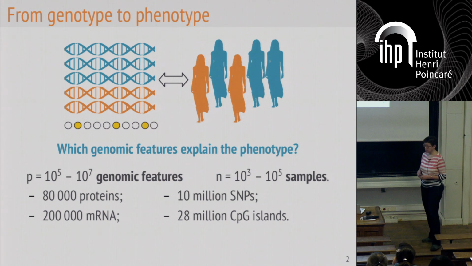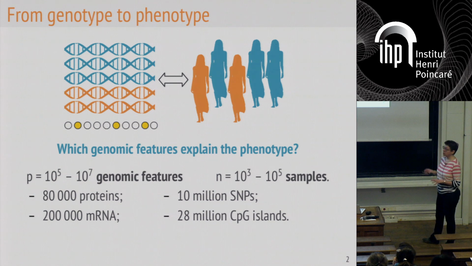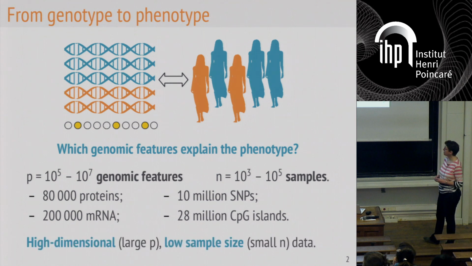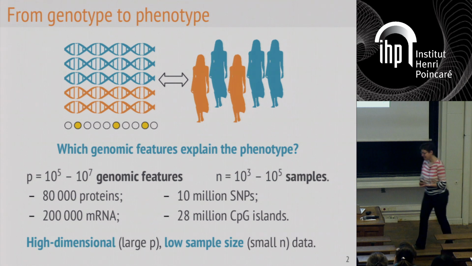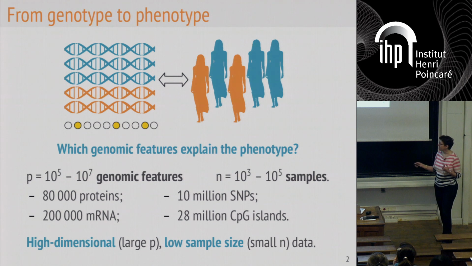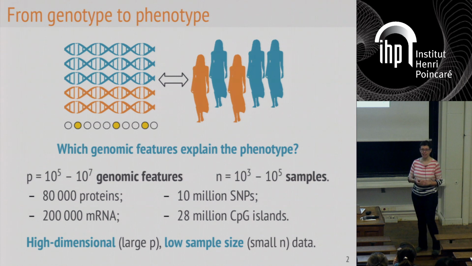Okay, so we start with that situation. Sorry, I didn't clarify this: we start with a situation where we have orders of magnitude fewer samples than dimensions, and so we are statistically in trouble.